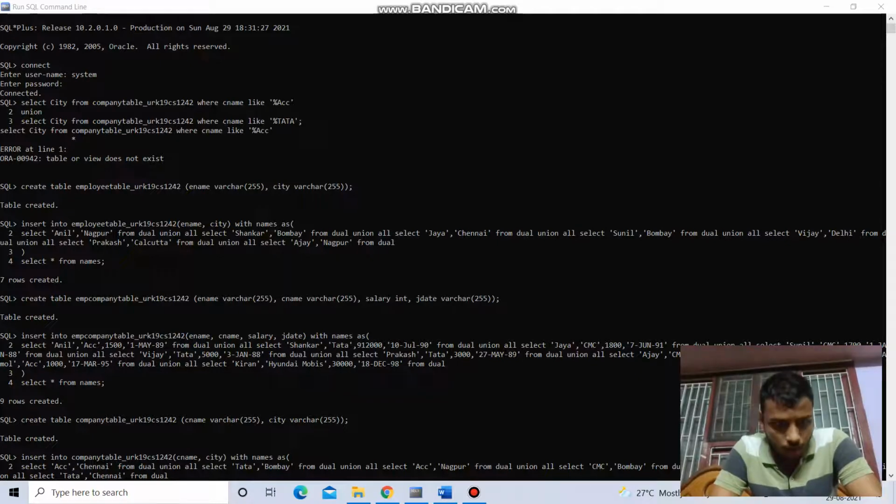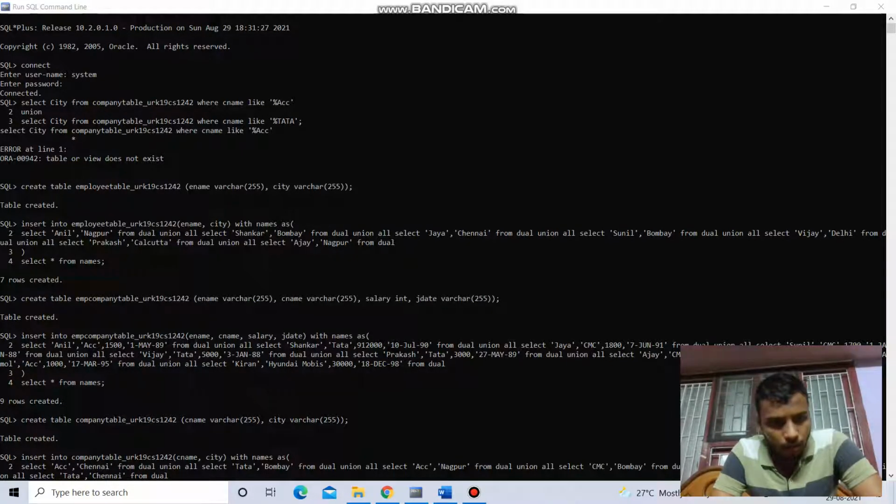Insert into the employee company table 1 to 40 ename, cname, salary, jdate with the names as select Anil 150 1st May 89 from dual union all select Shankar Tata 91 10th July 19 from dual union all select J, and select from the table. 9 rows have been created.